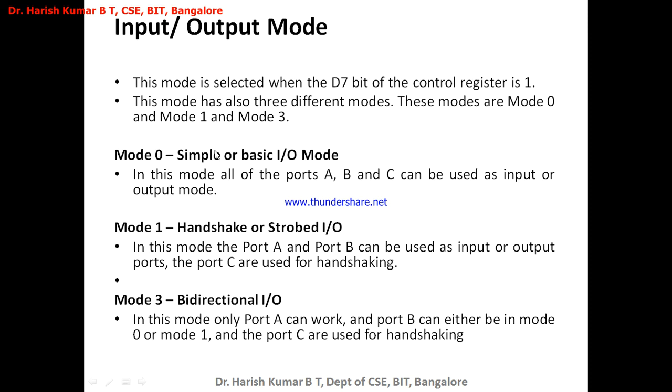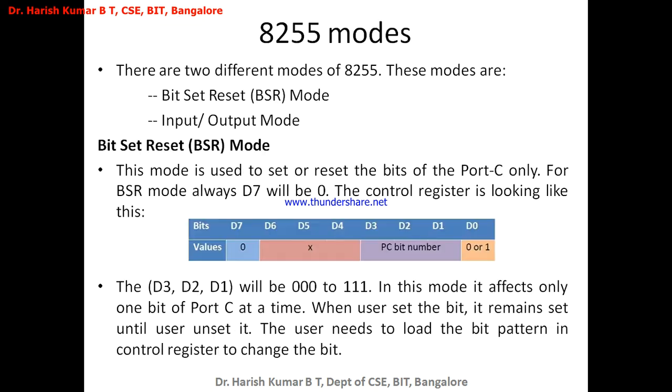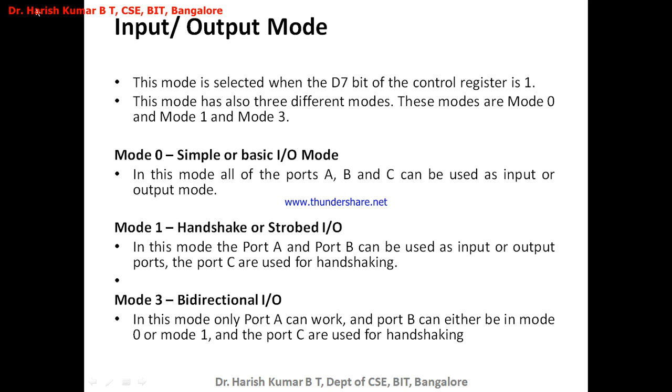Now mode 0 is a simple IO mode or basic input output mode. In this mode, all ports A, B, C can be used as input or output. When I make this bit as 1, this 8255 is operating in input output mode. And this mode 0 is a simple input output mode. In this mode, all 3 ports, port A, port B and port C, can operate